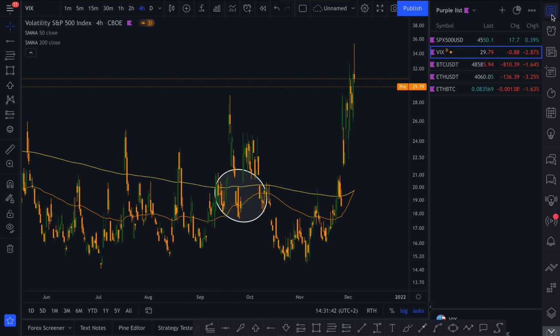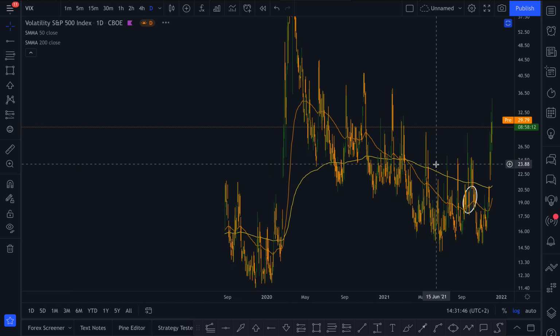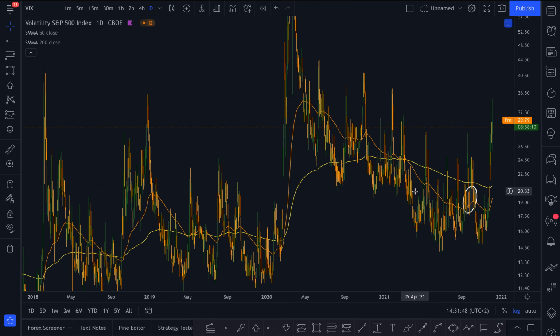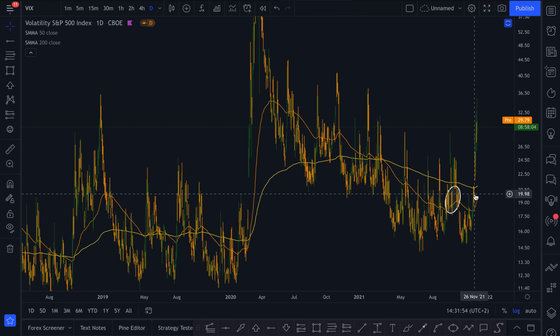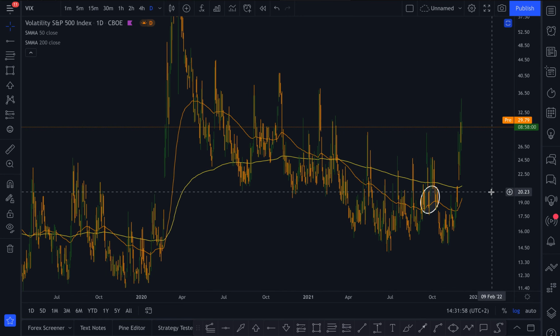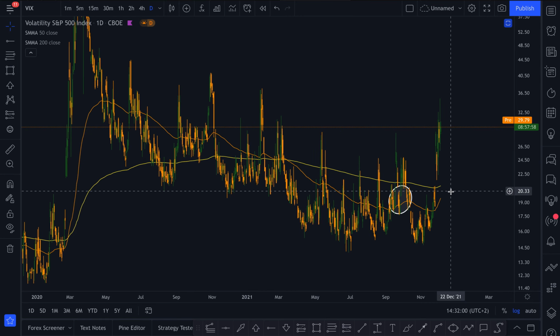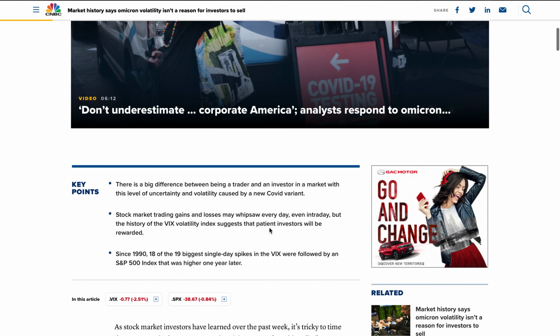You can see this using the VIX or the volatility indicator, which states that every single time that it's above the threshold of 20, right, that means the risk sentiment is present in the market and there's more of a fearful state among investors, right? So currently we're there, but history shows, as they say right here,